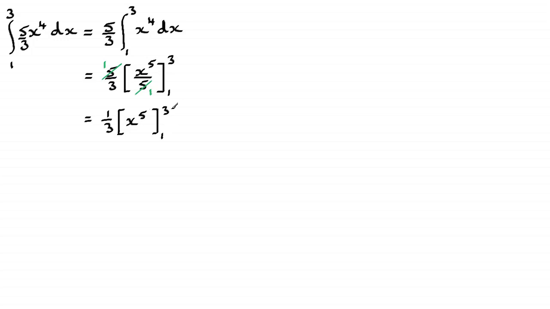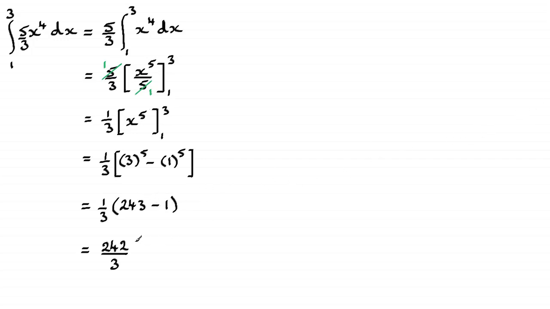So when it comes to working this out now, substituting 3 in, 3 to the power 5 minus what you get when you put the 1 through, minus 1 to the power 5. So it's going to look something like this calculation. And if you work that out, you end up with 1/3 of 243 take away 1, which simply is 242